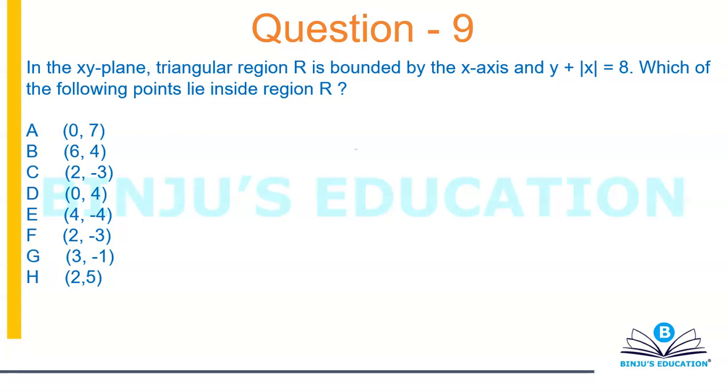Depending upon the exam that you're taking, you're going to get options. If you're taking GMAT, then you're going to have only 5 options. If you're taking GRE, then you can have up to 8 options. If you're taking SAT, then you can have only 4 options. Anyways, what we are doing here is learning the concept, so that's more important. Alright, let's see what we can do with this one.